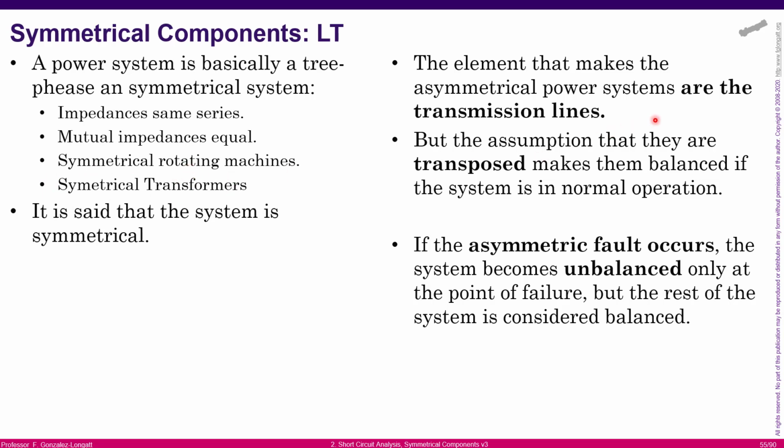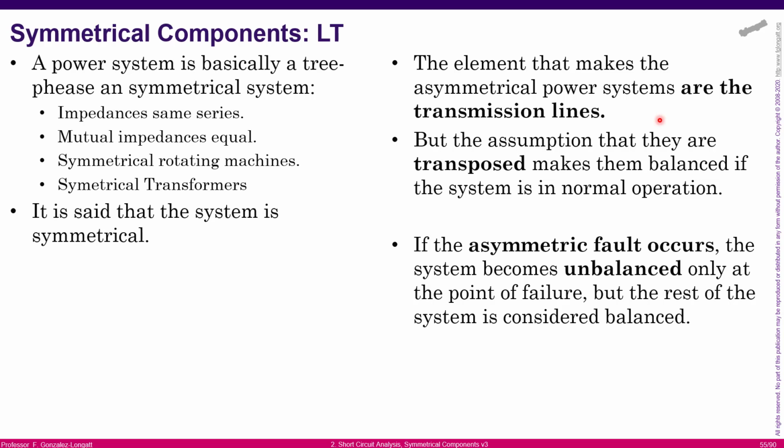The only elements that introduce some asymmetrical aspects in the power systems are the transmission lines. However, there is an assumption that if we transpose the transmission lines, we are balancing the asymmetrical effects, and at the end, we can say that the asymmetries, the imbalance inside the power system, are